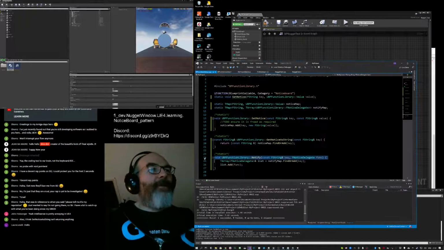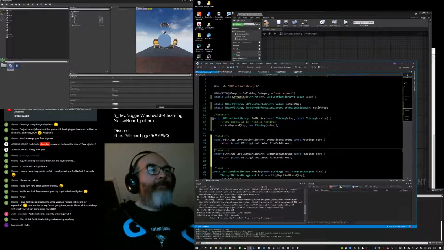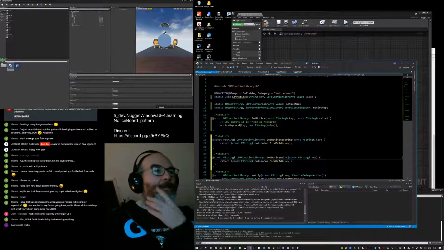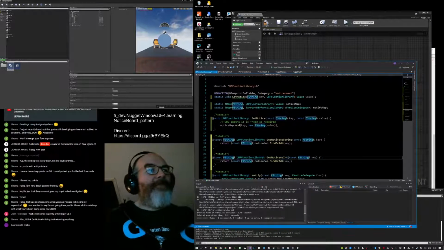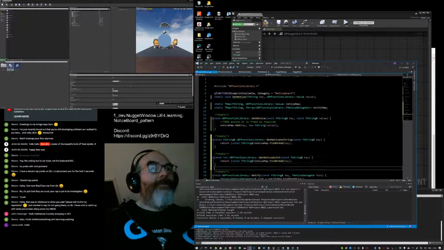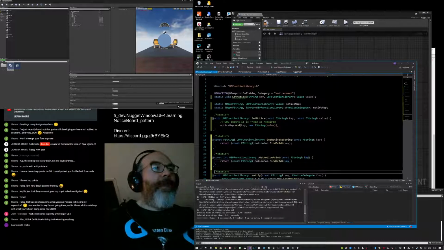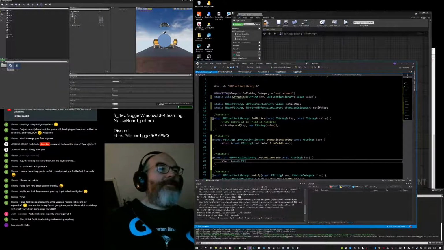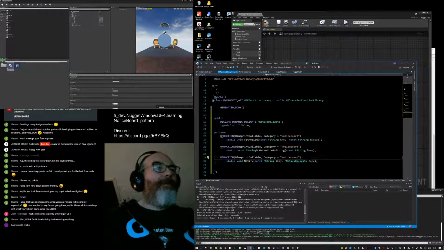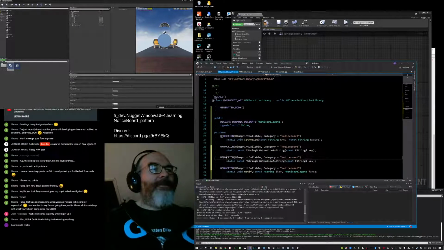I think it does, but I'm going to just have a quick check, because if I'm going to add notice or get notice as int, and this should return an int, and it's just going to return zero right now. So if I go and do get notice as int.